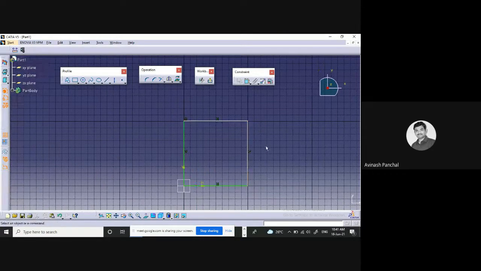Yes, this is a rectangular shape. As it is fixed or overlapped with the x and y axis, it is green. Green indicates the constraint. So a fixed point will not move anywhere. But these are not fixed, so they can move anywhere. Even the horizontal and vertical lines are moving. So we need to fix them.